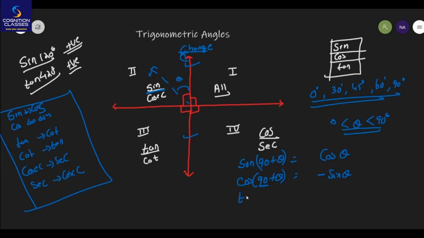Fine. Moving to next, tan 90 plus theta. How can you calculate the value of tan 90 plus theta? Because 90 is present, tan will get converted to cot theta, correct? And tan of 90 plus theta means second quadrant. So if we are in the second quadrant, then the value of tan 90 plus theta will always be negative, correct? So this is how you can find trigonometric ratios of any given angle.